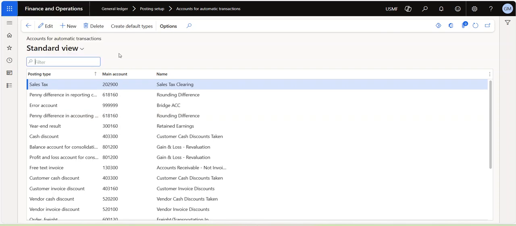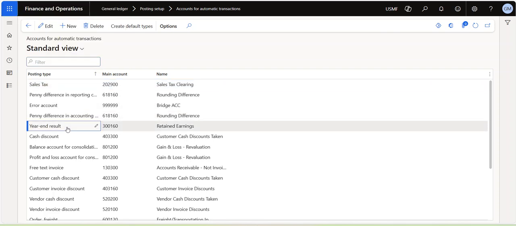Here you can see the year end result retained earnings. This particular main account should be mapped. This is the mandatory thing. Once you have mapped this year end result retained earnings account, the retained earnings account is nothing but the profit and loss account. For example, if you see the financial statement of any company, in general, in the business time, they will be printed the